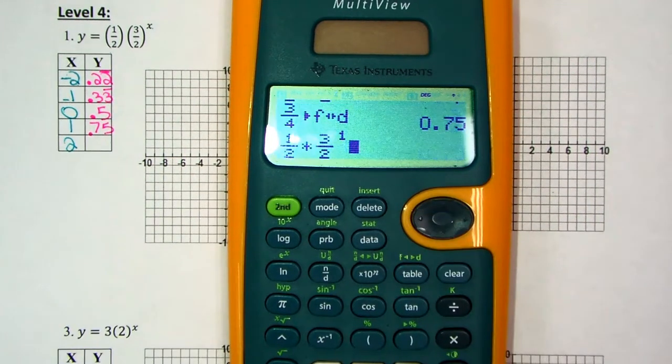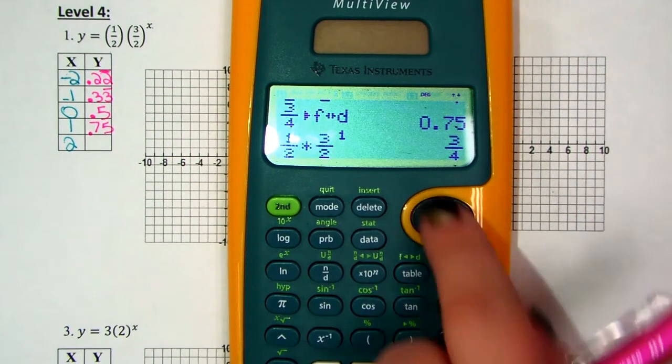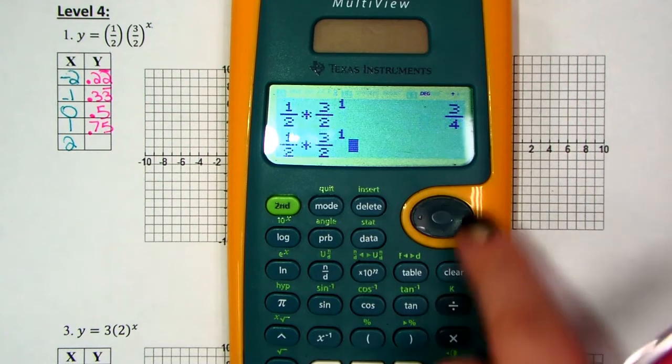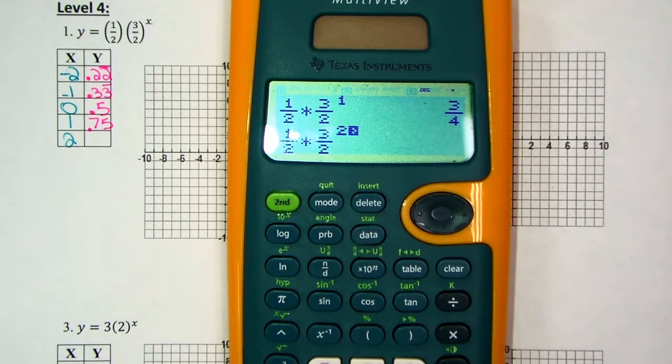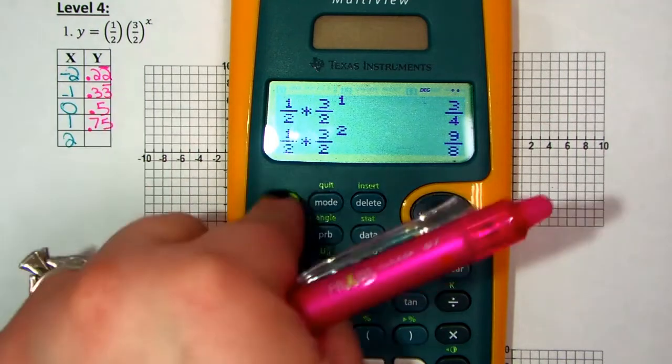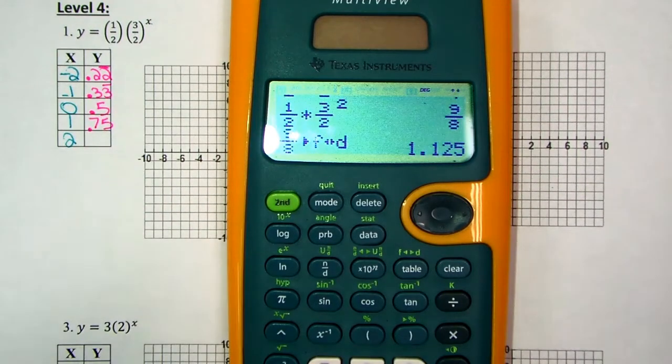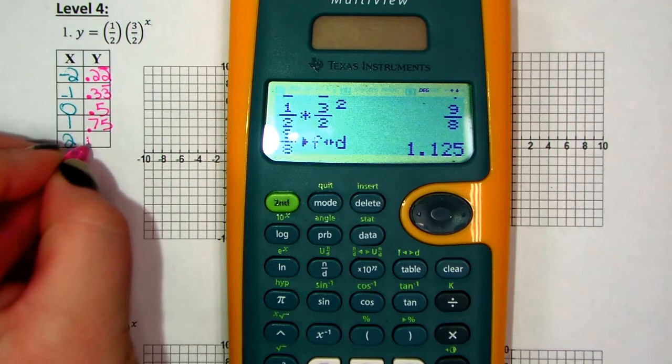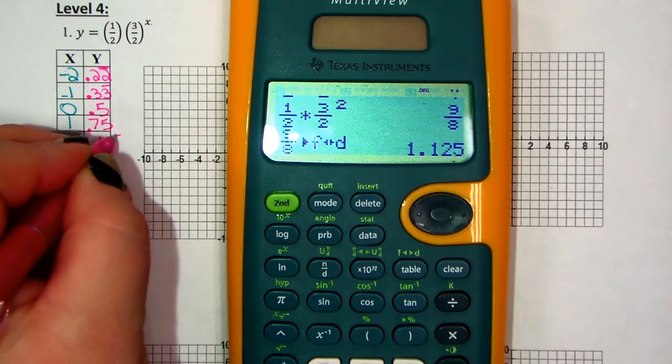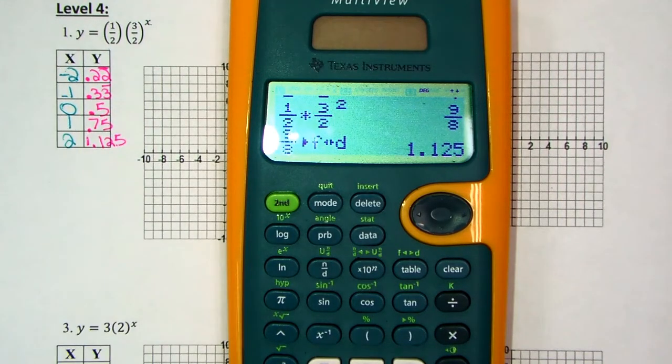Highlight our new equation. Whoops, I forgot to change my 1 to a 2. And change it to a decimal. Once you have your table,